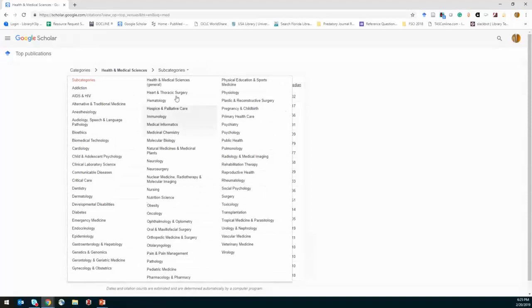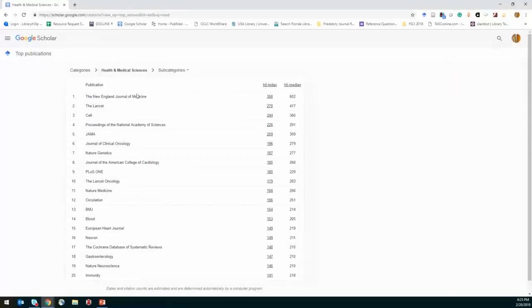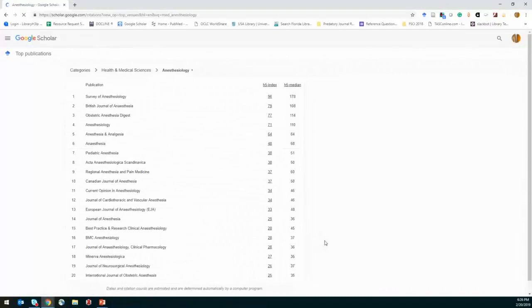So subcategories of medicine here. I can get into nursing, and I can then see all the nursing studies. Just for example, H5 for the highest impact journal, at least within Google Scholar, is 65 for the International Journal of Nursing Studies. But if we jump out and go into, let's say, anesthesiology, that number changes pretty significantly for the top number there.